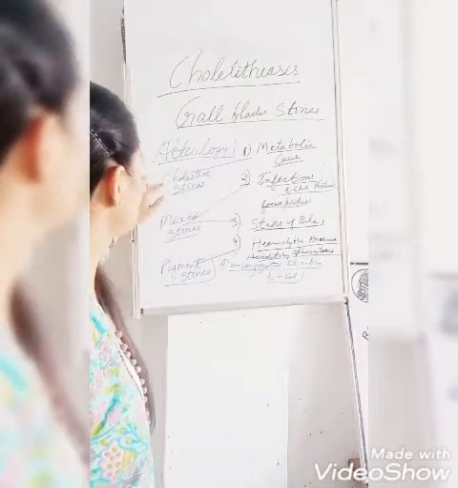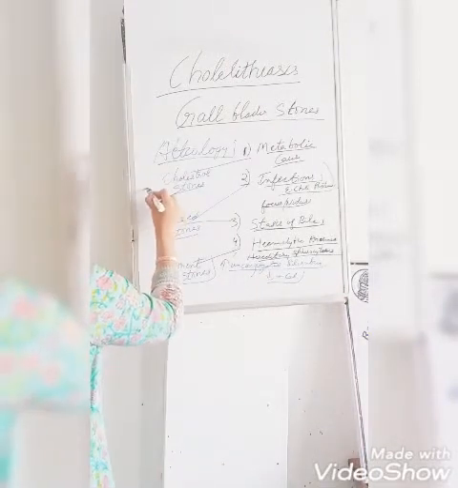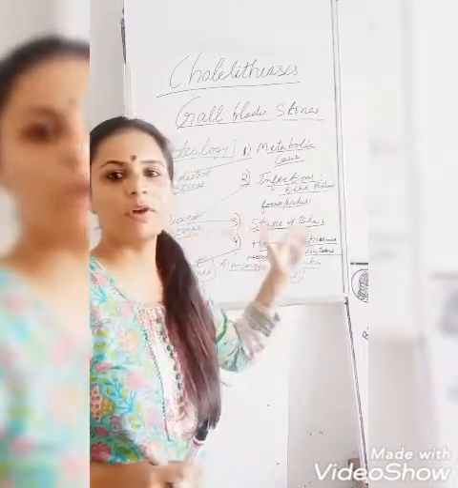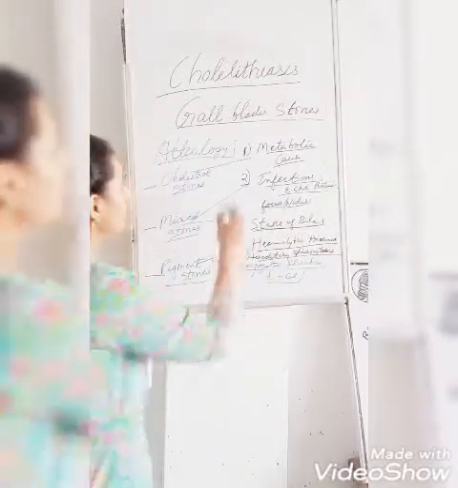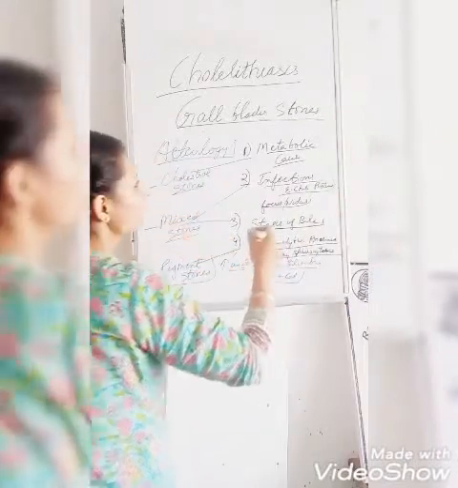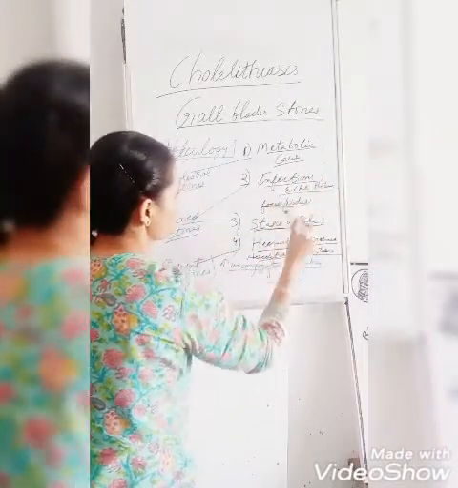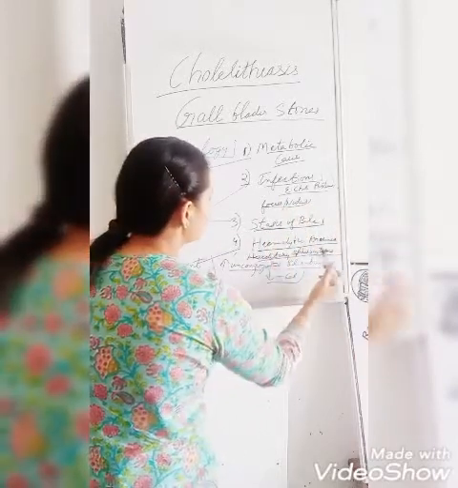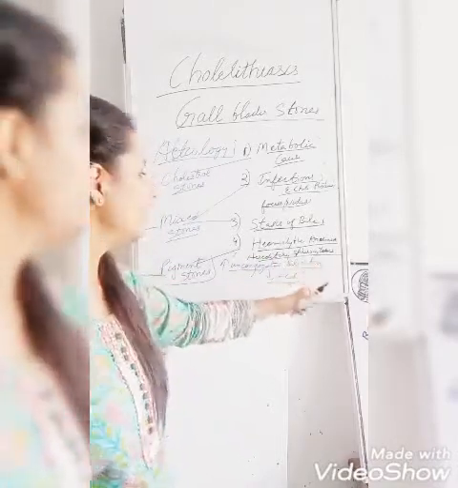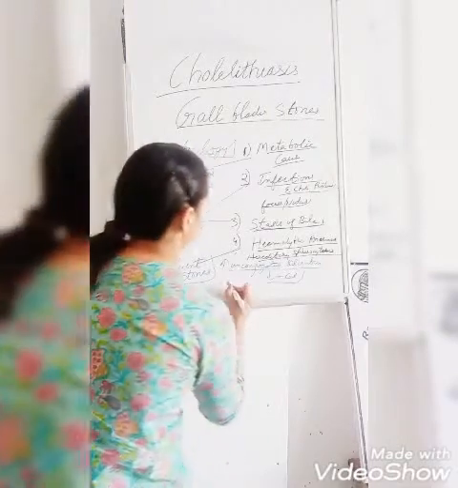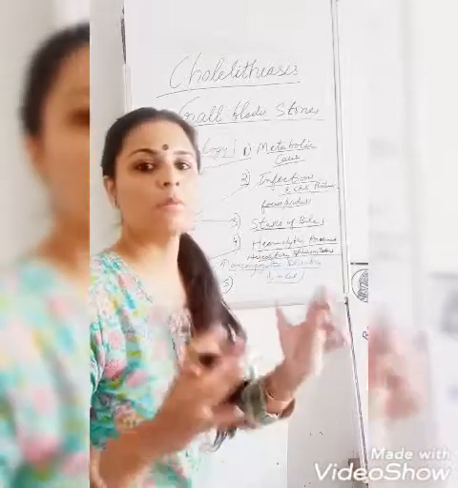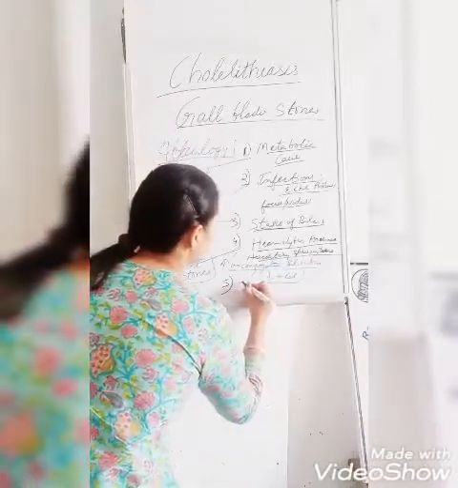So there are 3 varieties of stones: cholesterol stones, mixed stones, and pigment stones. I will come to all of them one by one, but first I will complete the etiology. So we have discussed the factors causing the formation of the stones: metabolic reason, infections, stasis of bile, hemolytic anemia where the breakdown of RBC is occurring, sickle cell anemia, and hereditary spherocytosis. The last reason is abnormal mucosa or abnormal mucus.